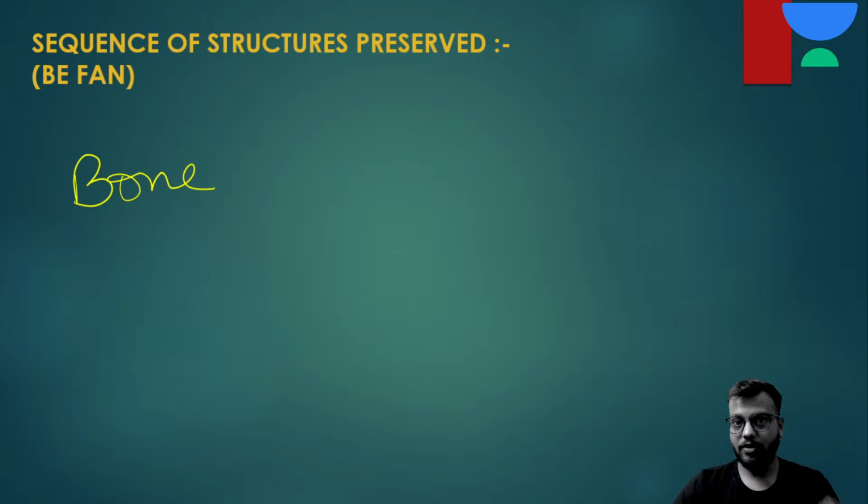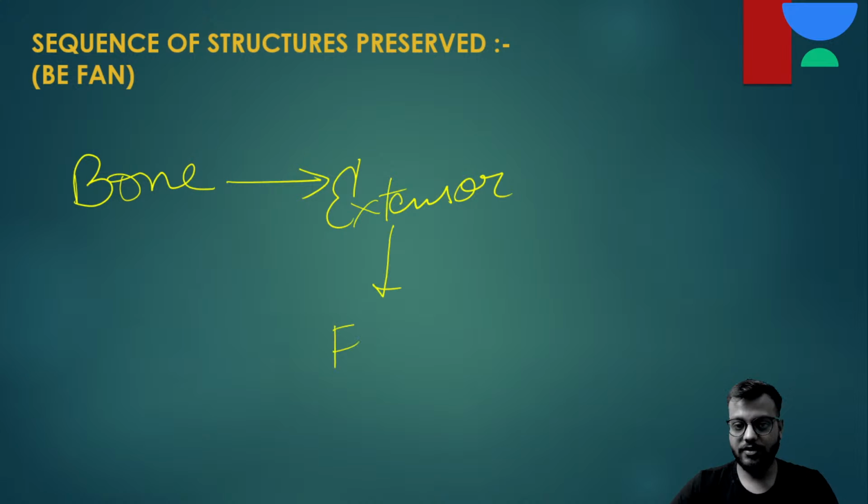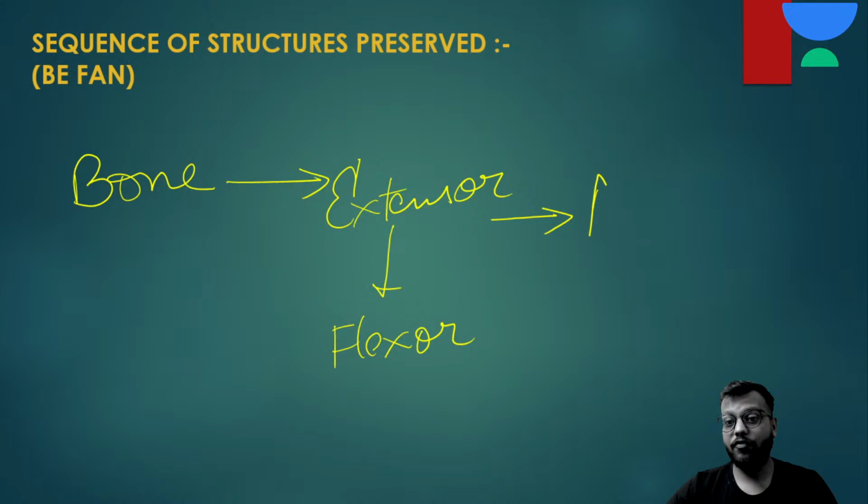Okay, you preserve the bone, then your extensor muscles को repair करते हो, the extensor mechanism को repair, then your flexor mechanism or the flexor muscles, then your artery, then your nerve, and then your vein,